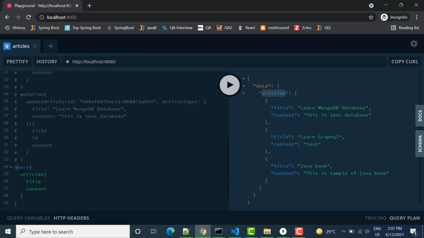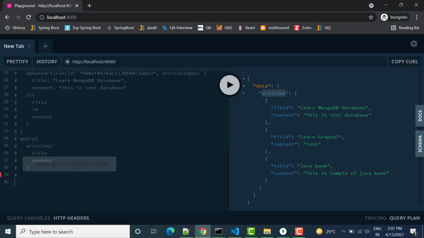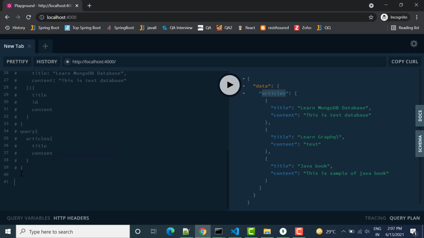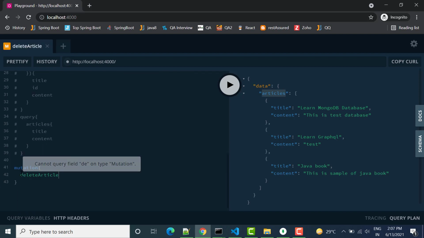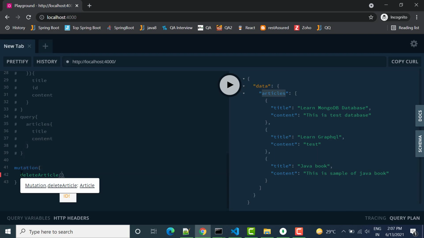Now here we have, let me just make it a comment, and then we can use mutation again, and in this mutation we can say deleteArticle, and the parameter that we need to pass is the ID.